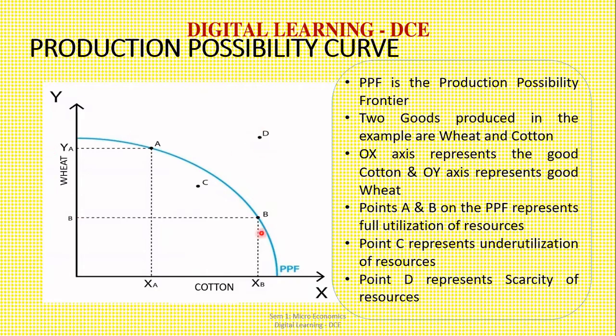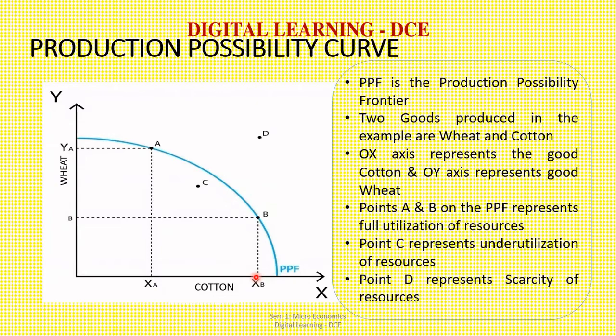On the other hand, the point D implies that the targets of production are very high, but the resources are not supportive. That means to say there is scarcity of resource availability. You don't have sufficient resources that can support you in production of your higher targets of production. In that case, the concept of international trade comes in, wherein you have to be dependent upon other countries for